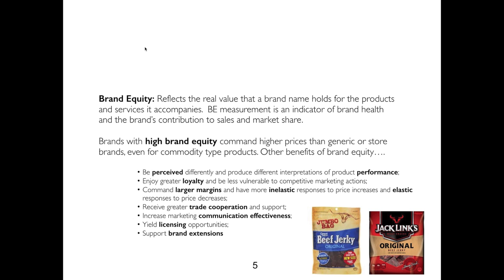So as a really quick real life example, we eat beef jerky in my house. I don't know if you guys do, but it's a pretty easy example. So Jack Link's is probably the most well-known branded beef jerky, and they have some large competitors. But Jack Link's, being the brand with a lot of equity, people have an expectation about what that beef jerky will be like, that it'll be maybe the best tasting and the most tender or the most flavorful. And then this here is merely a generic beef jerky. And I think this is the Walmart. Yeah, Great Value. So this is the Walmart version.